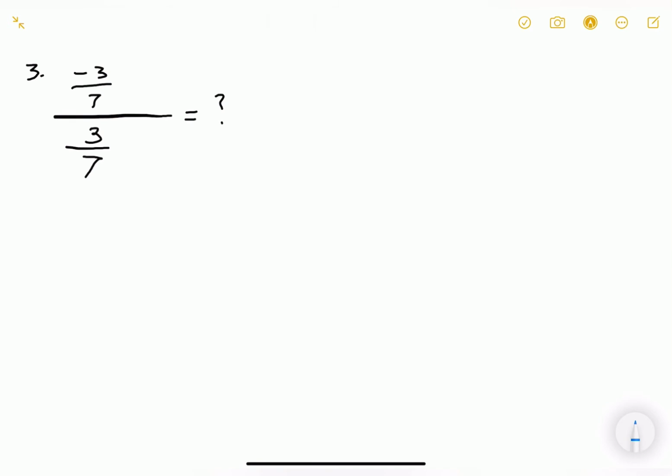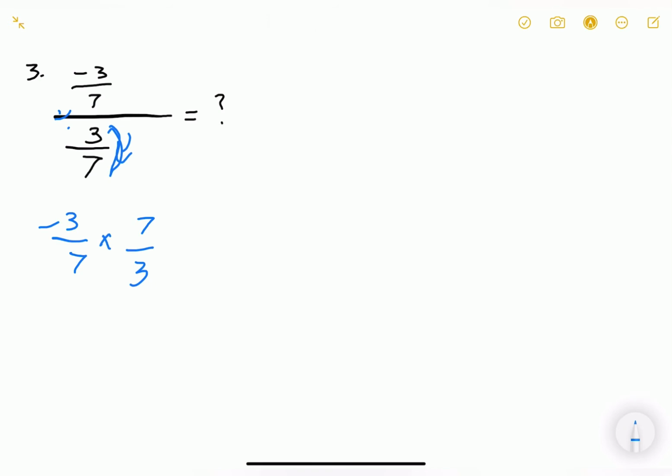Now let's move on to question number 3. So question number 3 is negative 3 divided by 7 divided by 3 divided by 7. So how do we approach this type of question? Well, first, we know that this is division, and we can just multiply by the reciprocal. So what we can do is this. We're multiplying, or this is a multiplication sign, and then we have 7 over 3, because we know if we want to divide, we have to look at the right side, or in this case, the denominator, flip the reciprocal,